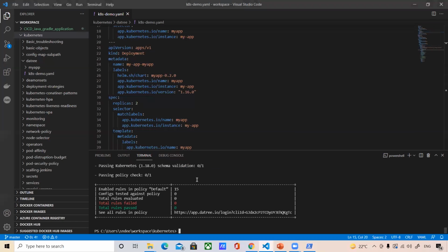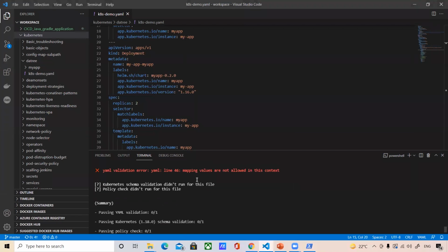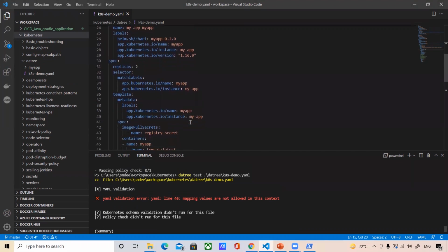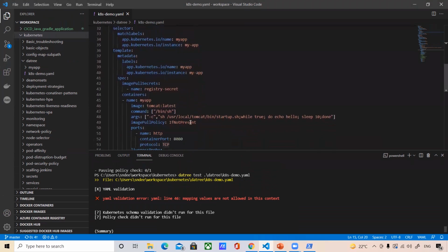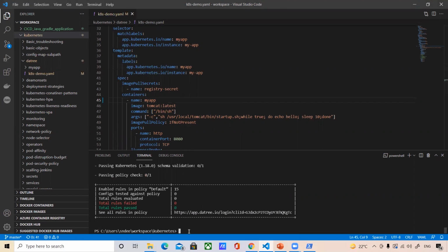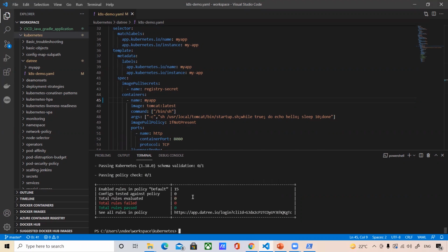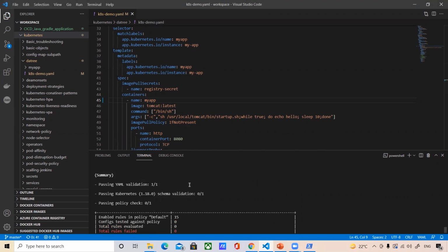And when I execute this particular command, you can see first it has executed a YAML validation. So it is complaining that there are some issues with YAML, please correct it. As I can see here, it is also specifying the line number. Here, there is some indentation issue. So when I correct this and rerun this particular command again, if there are no more YAML validation issues in my file, that particular check has to be passed.